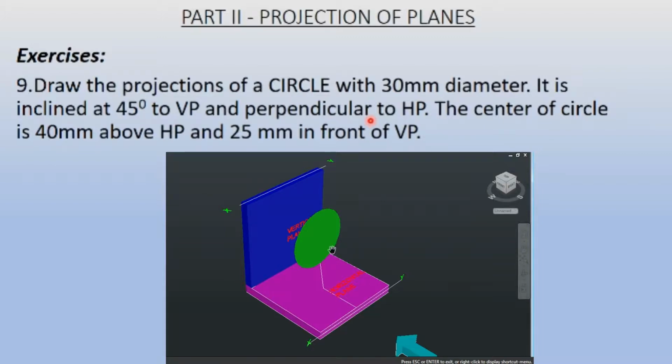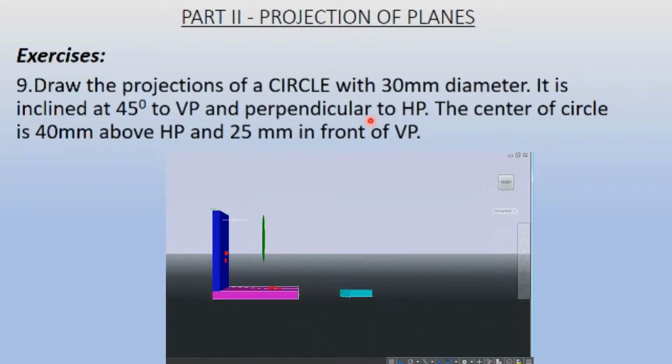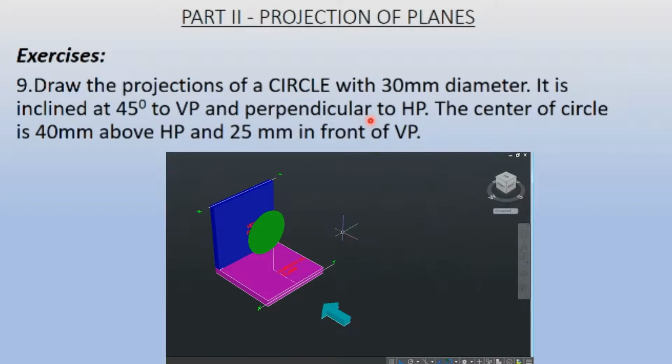So now the position of the circular plane is in such a way that it is perpendicular to the horizontal plane and parallel to the vertical plane, because when you see it from this side, you see that this blue colored is a vertical plane, and this circular plane which is appearing as a line is going to be parallel with this plane. But the most important thing here is that there is an angle which has been given with respect to the vertical plane. So I have to tilt this with respect to the vertical plane.